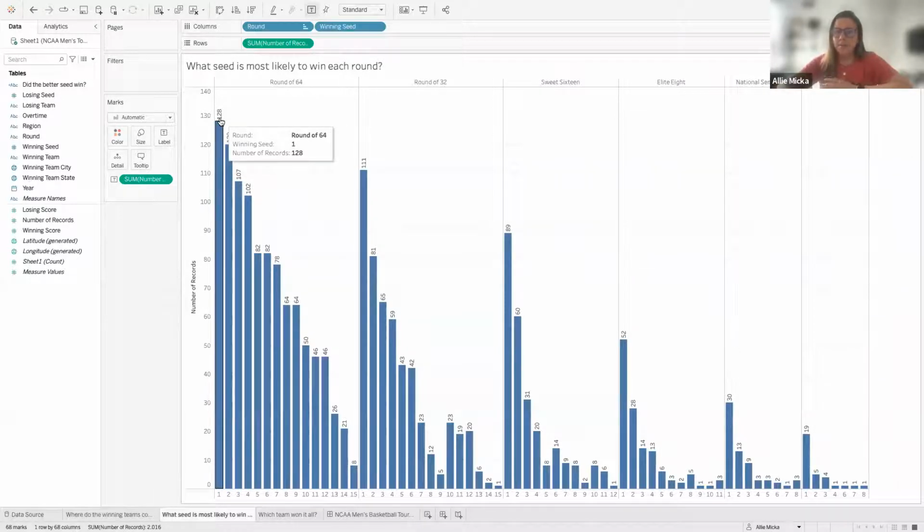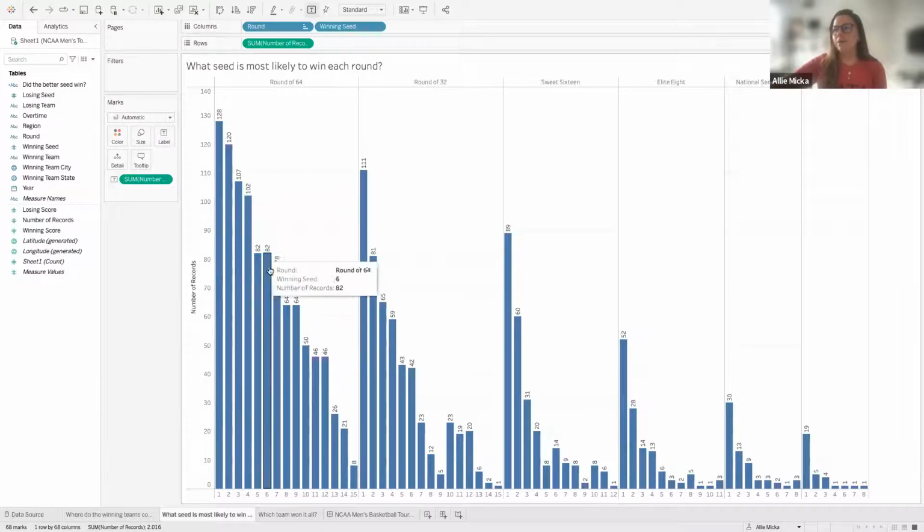Just a side note, I do have some Hokies in the family, so you might be thinking UVA did get upset a couple years ago, which is not included in this data set here. This is only showing, I think, up until 2016, and they won 100% of the time up until that historic UVA loss in the first round, UMBC, I believe it was. But based off of this data here, 99.9% of times you're going to want to pick number one seeds in the first round to win outright for every single